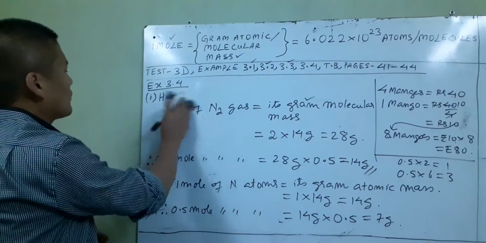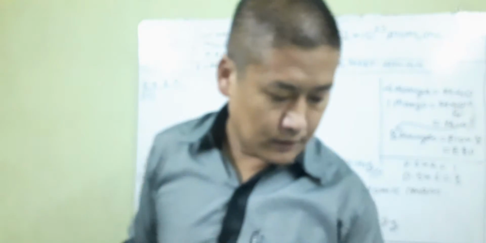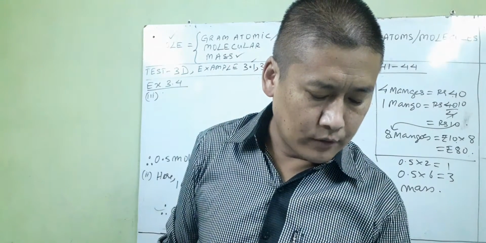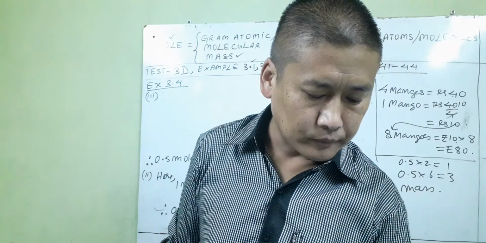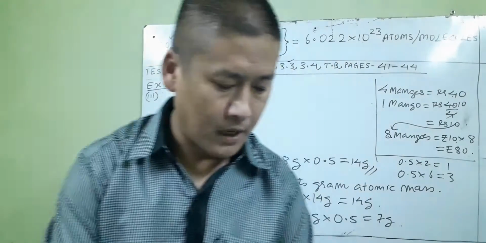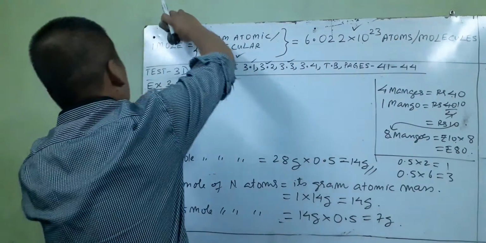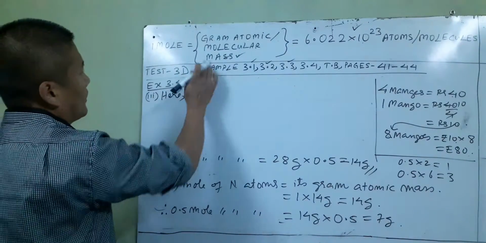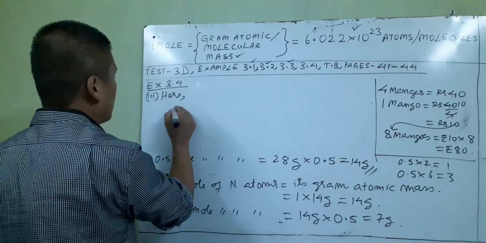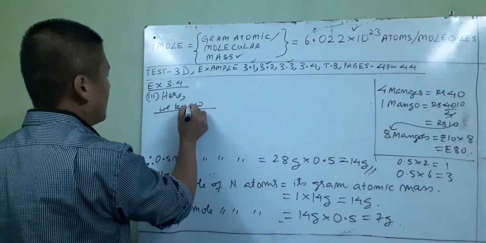Okay, now let us go to the third one, the last second one, this portion. The third one is saying, let us say, mass of 3.011 into 10 to the power 23 number of N atoms. This time you have to find the mass from number. Mass from number means you have to get this mass by using this number of atoms. We should not use mole now. So here, from the formula we know